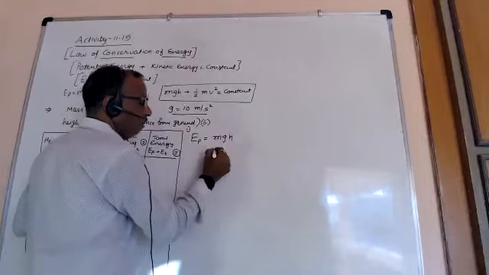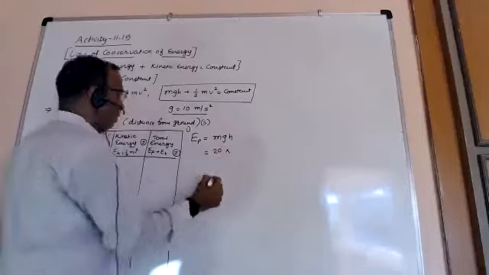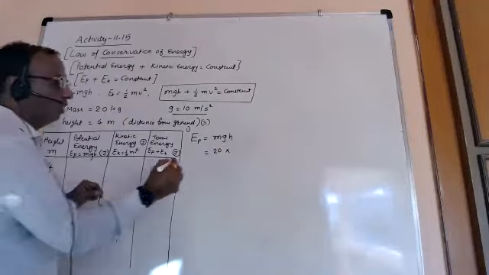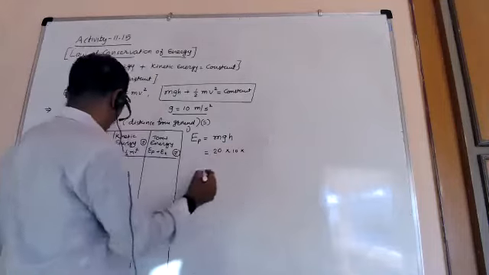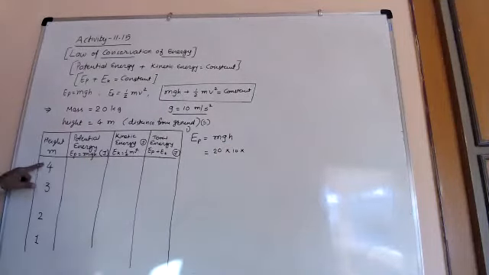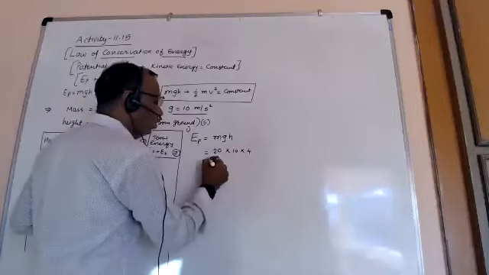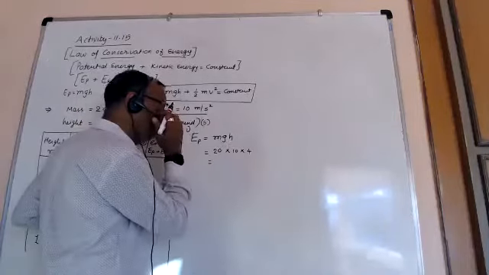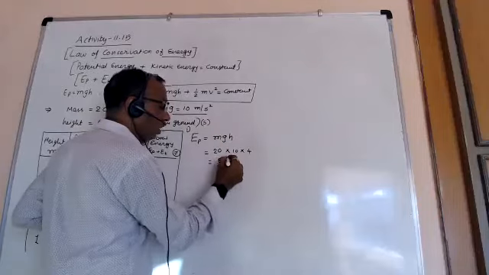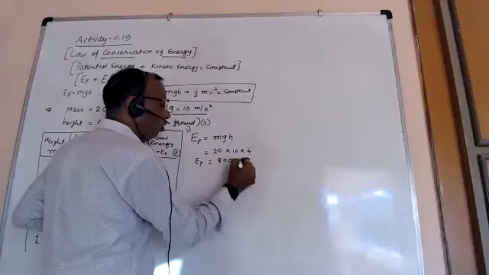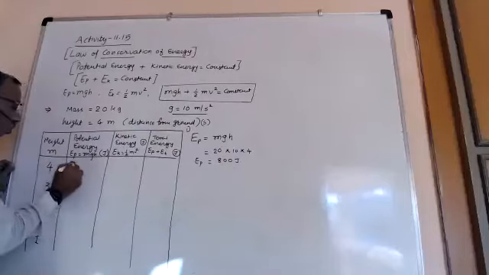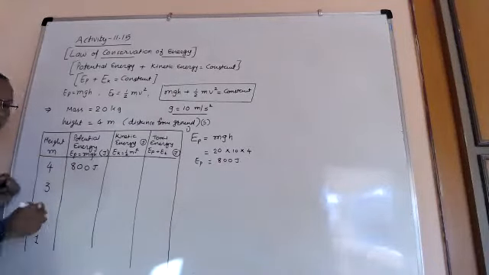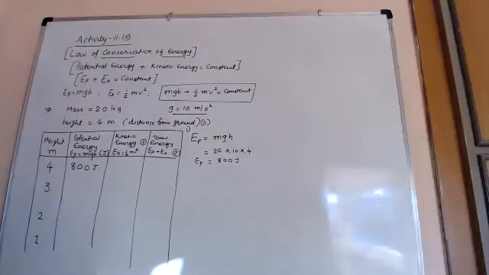So m, the mass, is 20 kg, g is 10 meter per second square, and h, the height, is 4 meter for the first case. So this is mgh and this is 800 joule. So this is 800 joule, our first answer